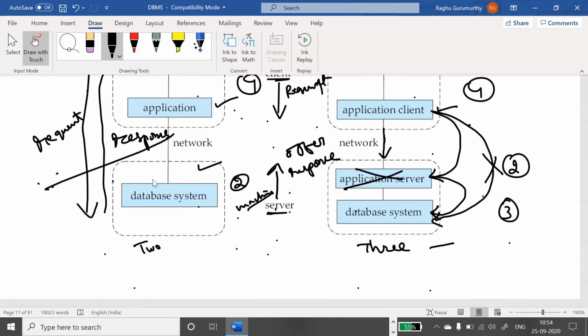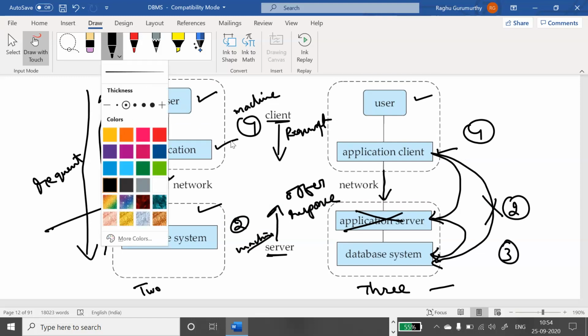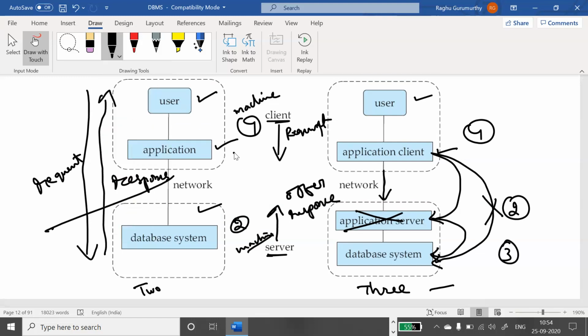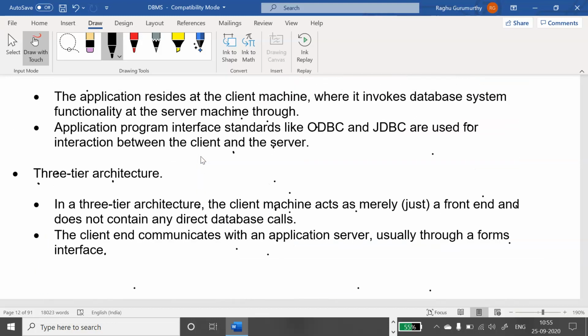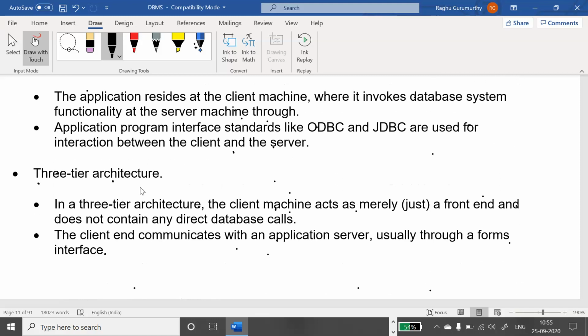The interactions happen through applications like JDBC, ODBC, and ADO.NET. These are different interfaces. This is two-tier architecture.